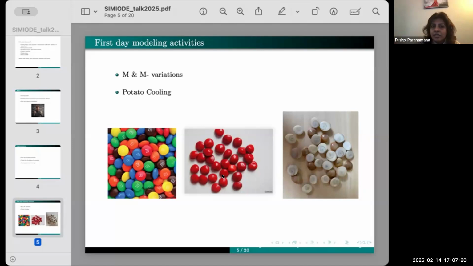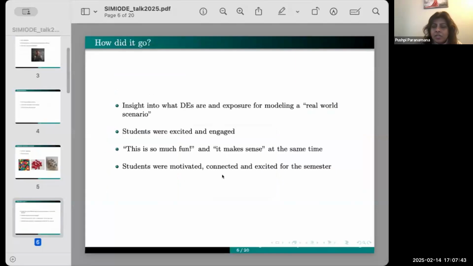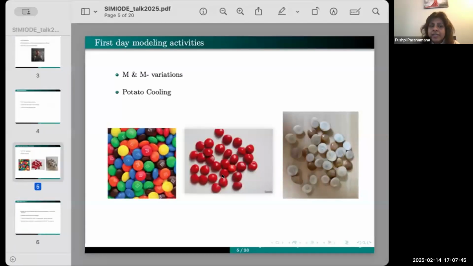I just wanted to set the tone for the class where they see the ideas and real world applications of differential equations, basically. And also I did a potato cooling activity where we used Newton's cooling law to model the temperature of a potato. So not only just the first day, and then during the semester, I kind of tied the discussions